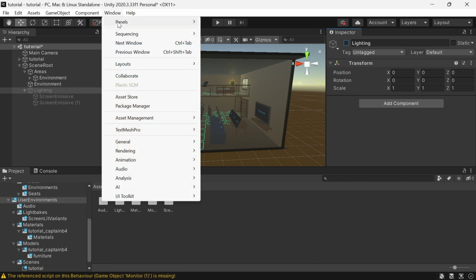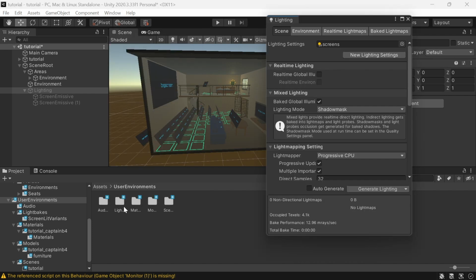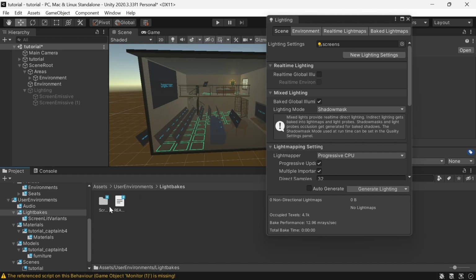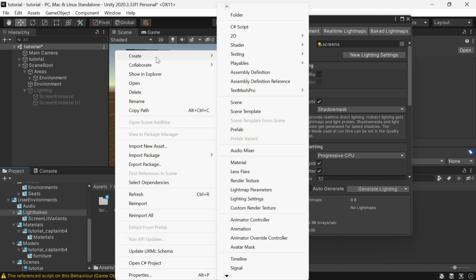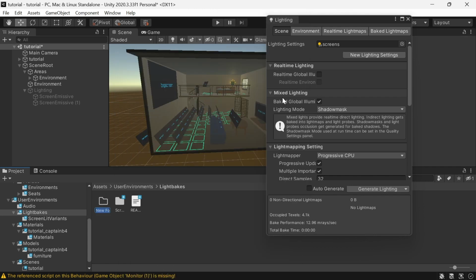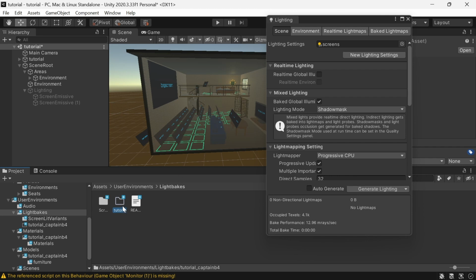Now we're going to repeat the same process. Go to rendering, lighting, go into here. We're going to make a new folder. This one is going to be called tutorial